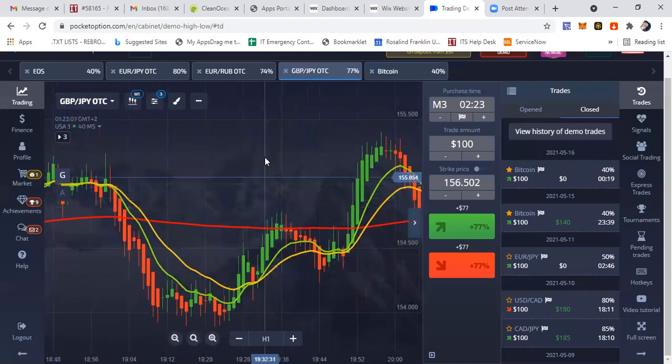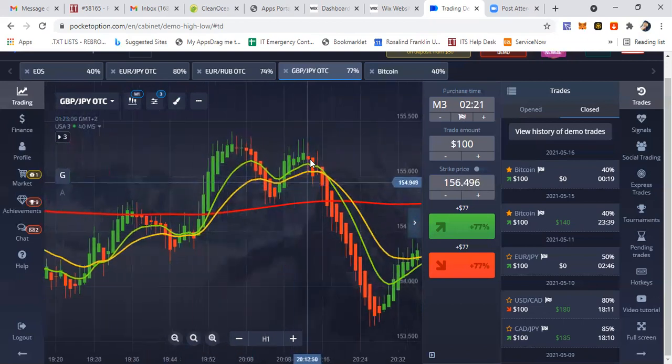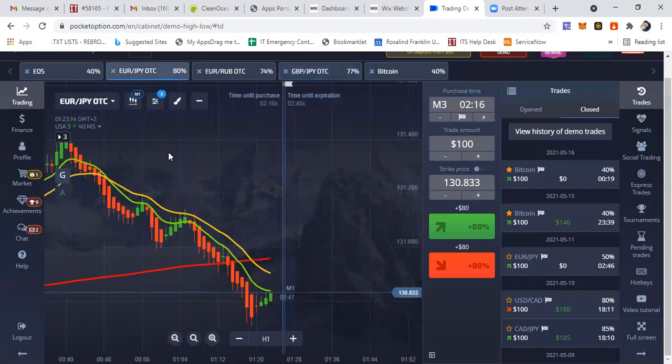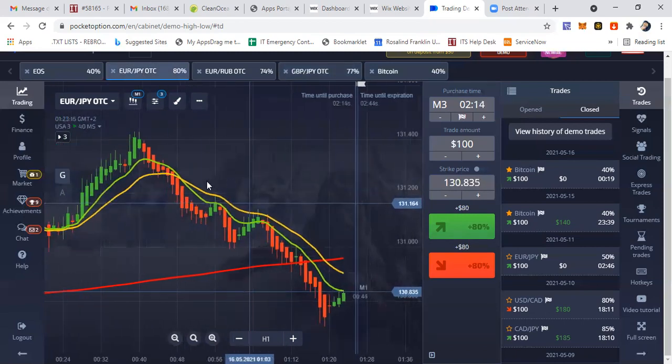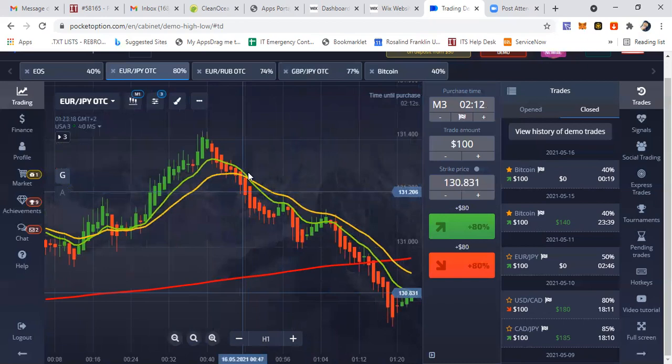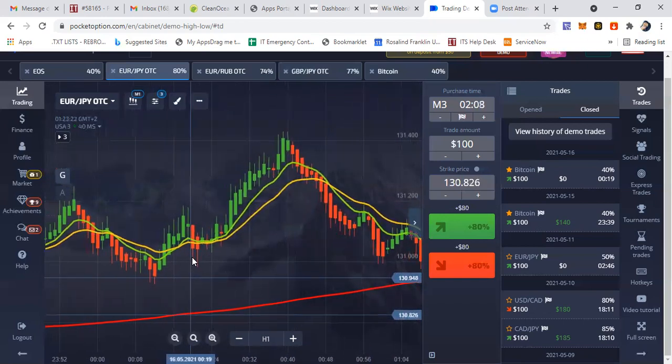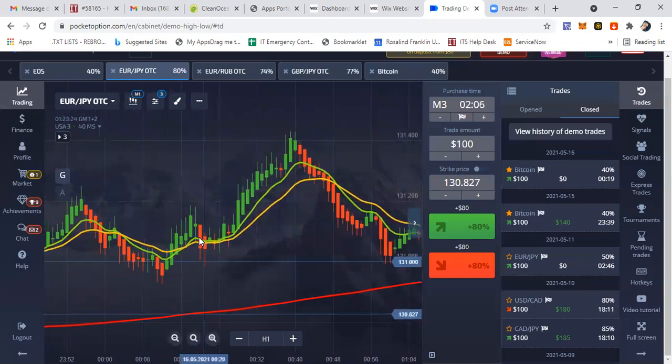Now, let's go over and look at another pair, right? Let's go over to Euro Jappy, right? Euro Jappy, it's in the uptrend, right? Here's a scenario where